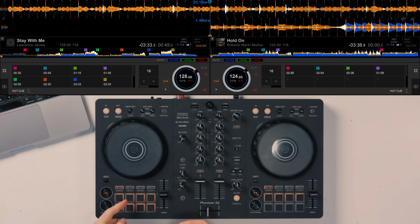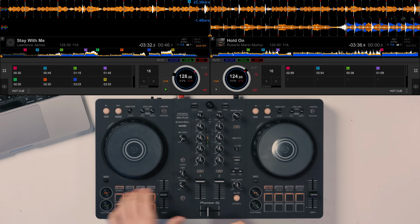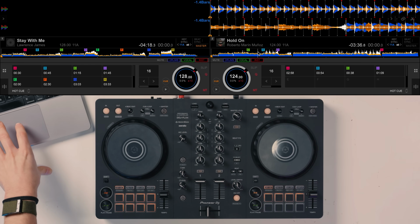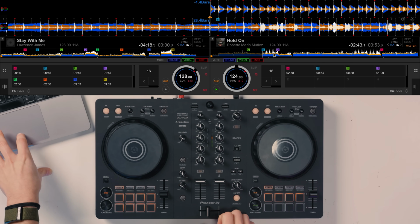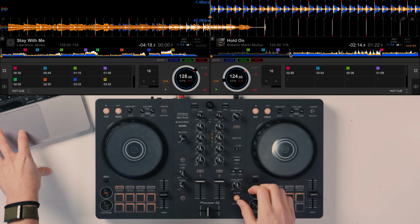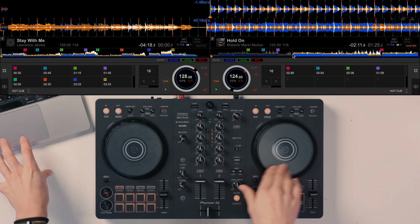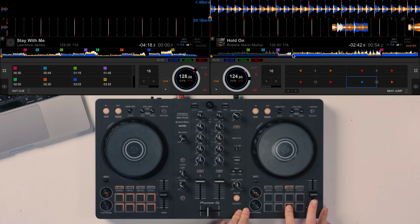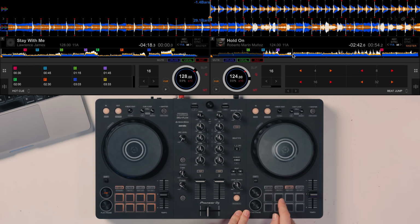Then I'd set a hot cue here, and I've just used hot cue B for this, and that is just 16 bars before that drop. You could do it before any point in the song that you want to lead into making an intro, but for this technique we're going to start doing some quick mixing and swapping the drops over. So on the opposite side, again, if I find the drop, if it was here and we wanted the track to drop in from here, we'd pause it here, Beat Jump, and go back 1, 2. Again, I've got B set up here,